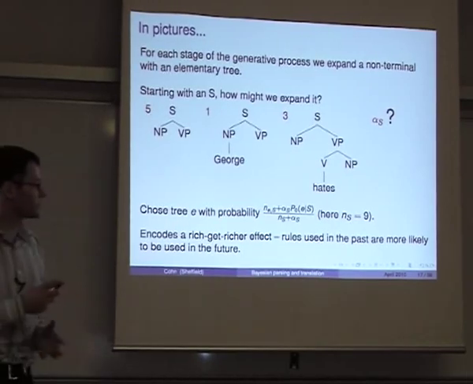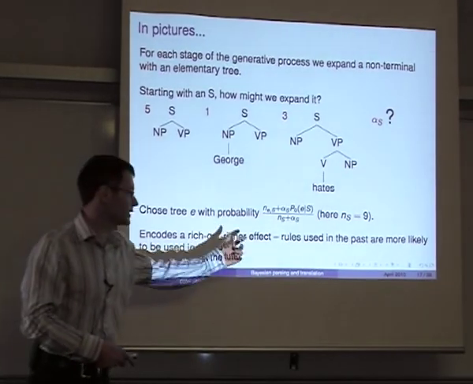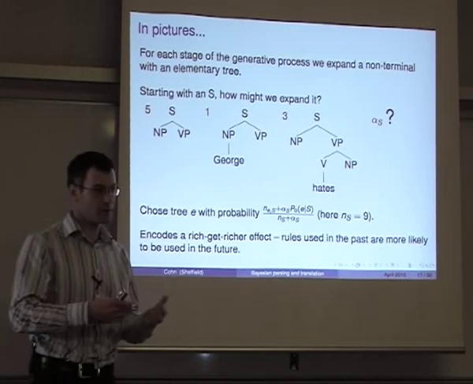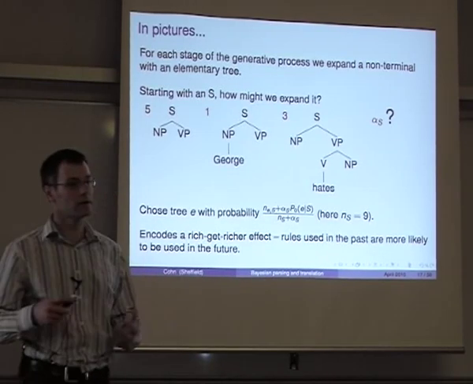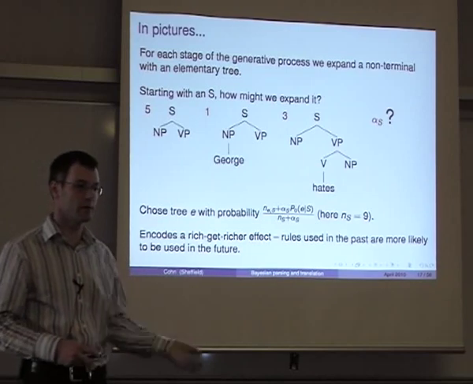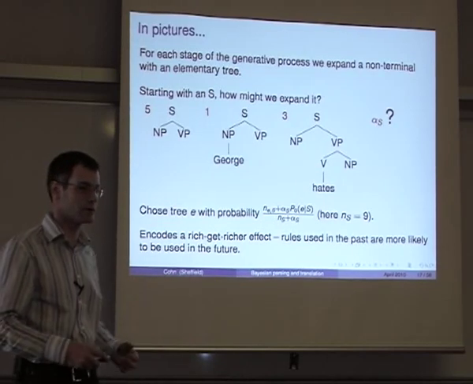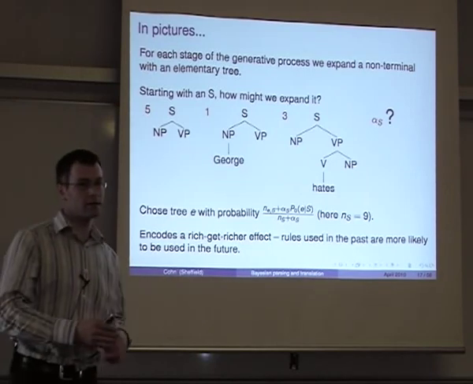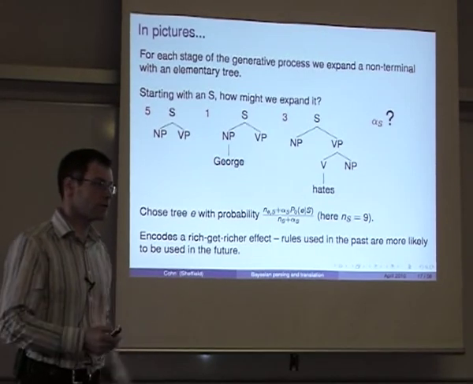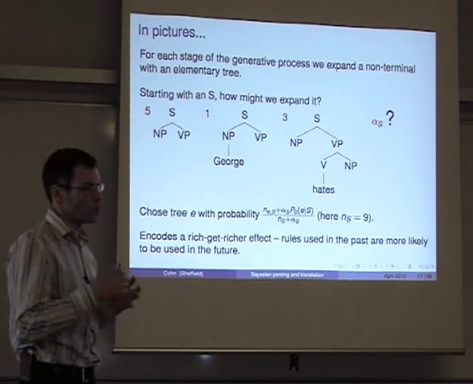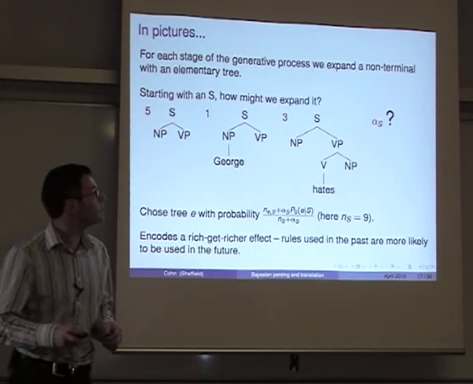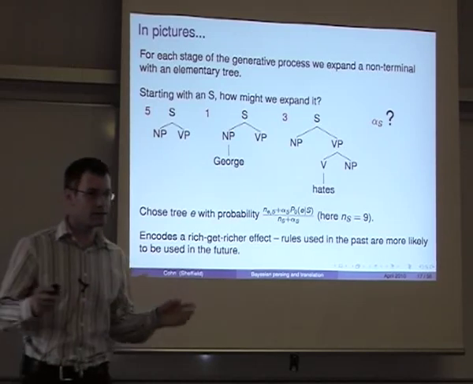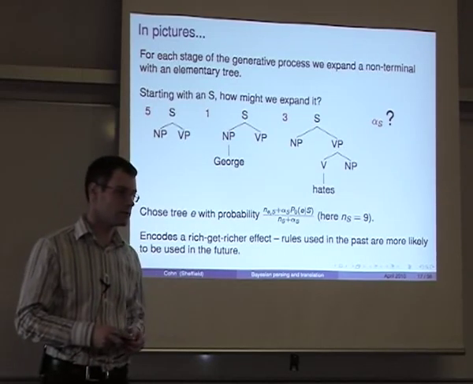Okay, so it encodes a rich-get-richer effect. If we've used a rule in the past, we're going to use it again in the future. So we get this kind of reinforcement going on. And this is the hallmark of Dirichlet processes, Pitman-Yor processes and Chinese restaurant processes within Bayesian statistics. The idea that we're going to try and find a clustering and we're going to get it to be self-reinforcing such that we get this kind of rich-get-richer behavior, which you also see described as a sort of Zipfian distribution over language, which you see quite a lot.